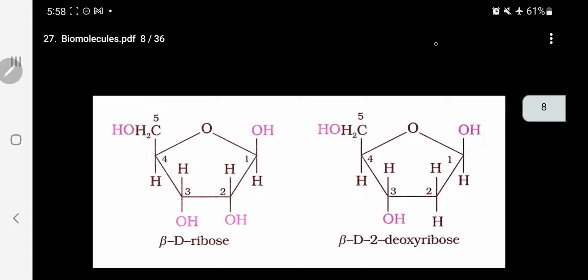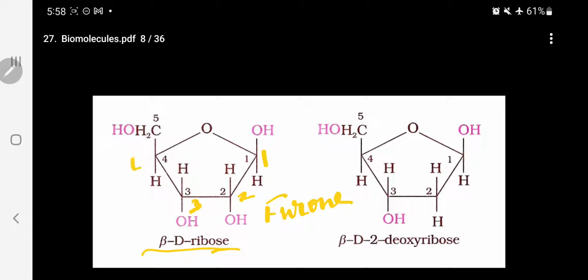So I am going directly to the carbohydrates that are involved here. This is beta D ribose, kindly follow, beta D ribose. I am writing it in the furanose form, a 5-membered ring. There is also another form, pyranose, a 6-membered ring. So this is present in the furanose form. This is number 1, number 2, number 3, number 4, number 5. It is a 5-membered ring. Kindly follow. This is 1, 2. At 2, there is no OH group. That's why it is called deoxy.